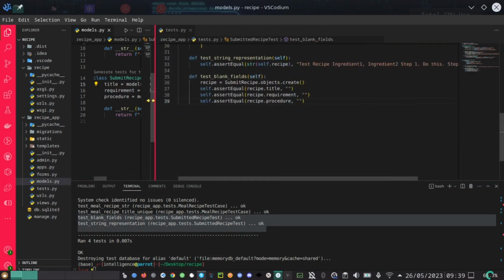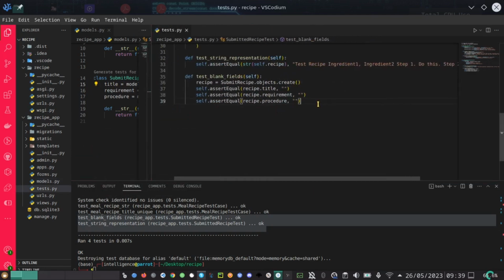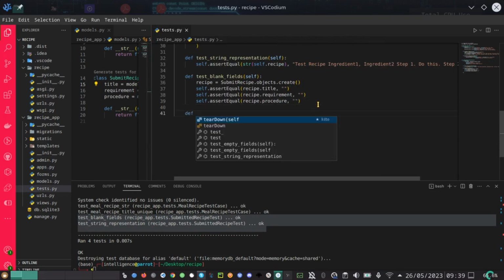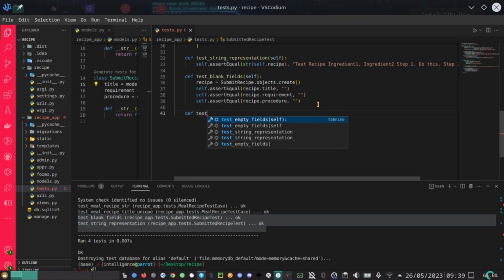So you define test maximum length, and this is also picking self,